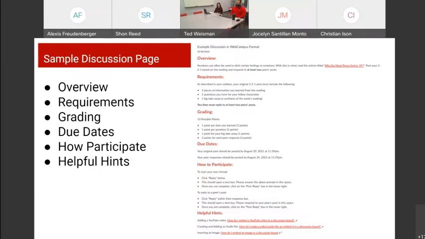Oftentimes in a face-to-face class, we can have conversations where the gaps get filled in. In the online space, you need to be very deliberate and very specific about what you're actually asking students to do and why you're asking them to do it, right? So as you can see, the requirements are, this is a 3-2-1 example, which we can talk a little bit more about if you're not familiar with it. But it's telling the students exactly